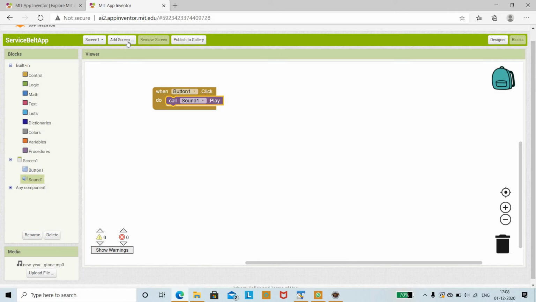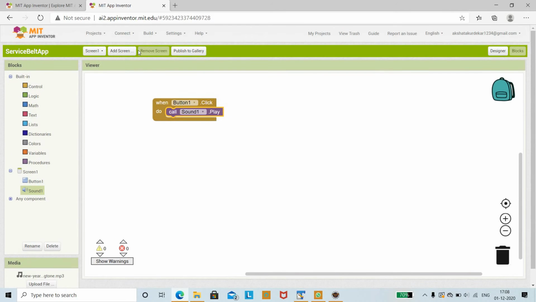Similarly, just go to the build option and save the .apk to my computer. Then you can download the MIT App Inventor app to your phone, and you can save it to your computer and then share it to your phone, and check it. Or you can scan the QR code. Whenever you download MIT App Inventor, it provides a scan QR code option. Once you scan the QR code, it opens with this app and you can directly observe it.